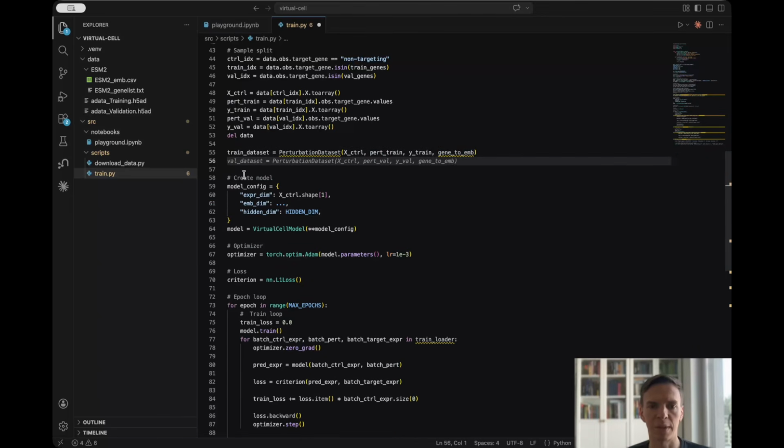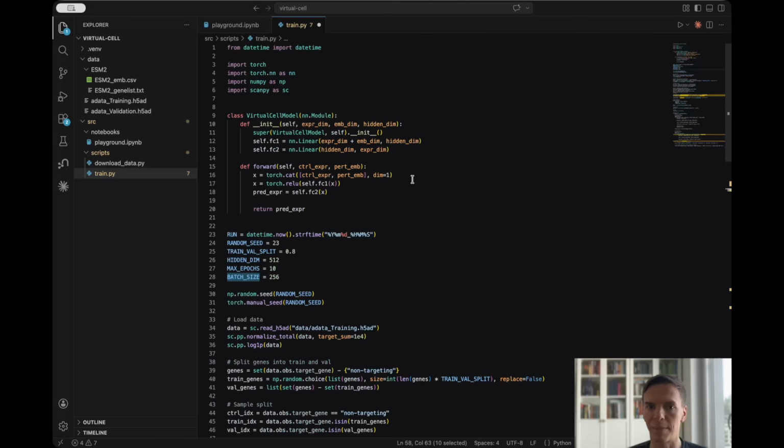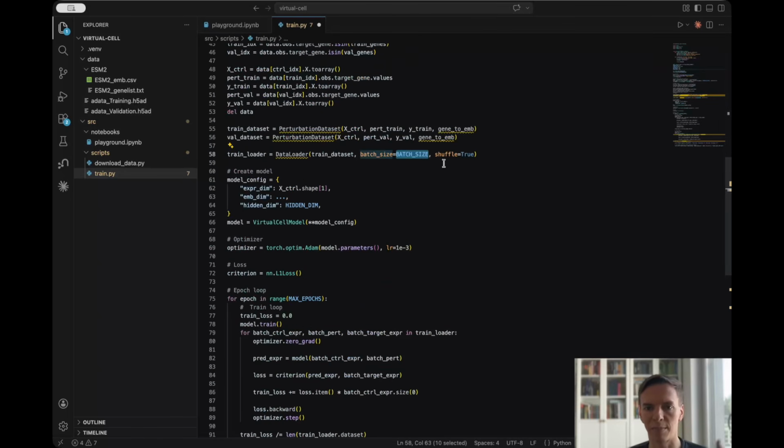So this is perturbation dataset. Training dataset, validation dataset looks exactly the same, but we just have validation perturbations and validation predictions. And now we also need a train loader, which will do exactly this for us. Okay, so the train loader will call the train dataset. Here we are using the batch size, so this is also handled by us, and we are shuffling the examples